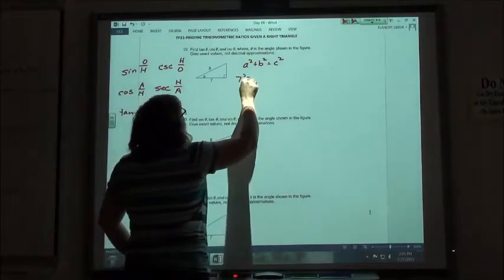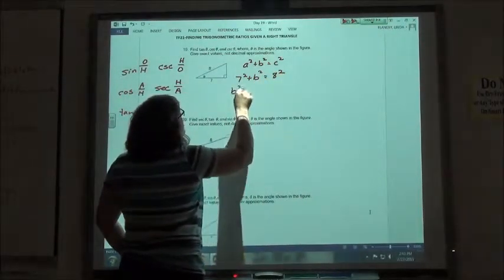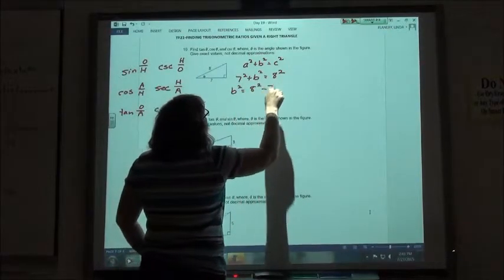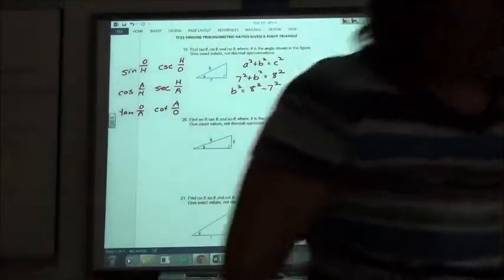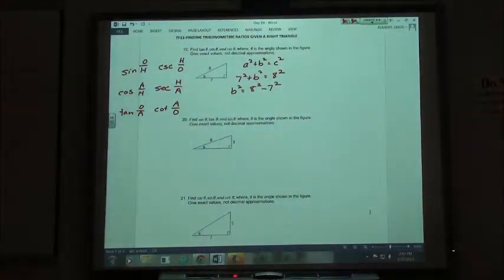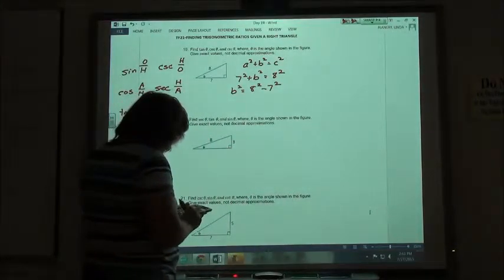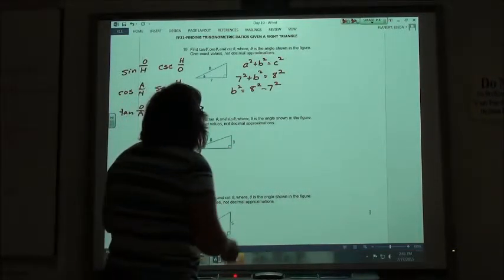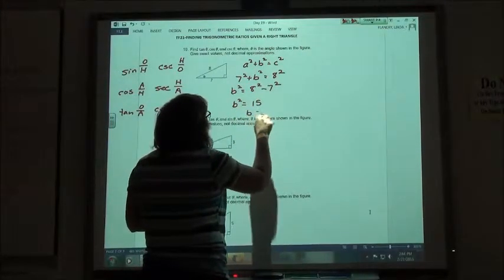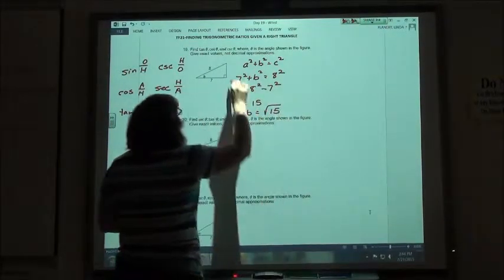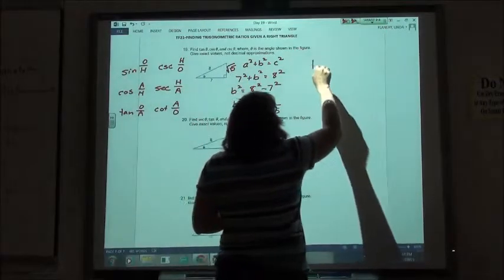So 7 squared plus b squared equals 8 squared. B squared then is going to be 8 squared minus 7 squared. I always am hiding my calculator. So 8 squared minus 7 squared is 15. B squared equals 15, so B is the square root of 15. And we are going to do tangent,